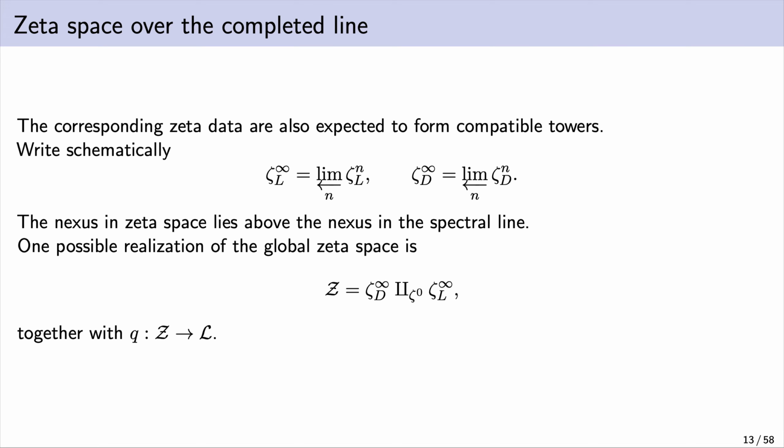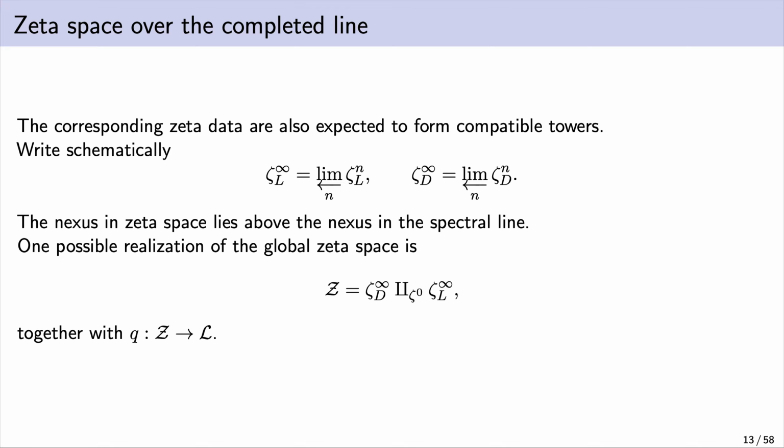The fiber space, or the total space. We're going to construct this and mirror it in the way that we constructed the spectral line, as these geometrical objects. Then we take the inverse limit, and then we push out from the nexus to get the completion. So one important point is that the nexus in zeta space lies as a fiber above the nexus